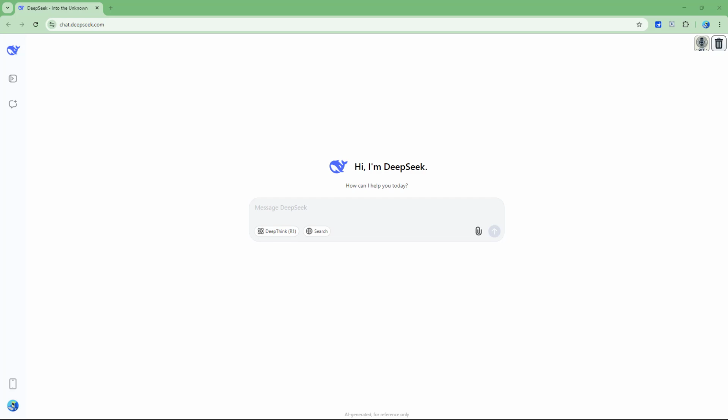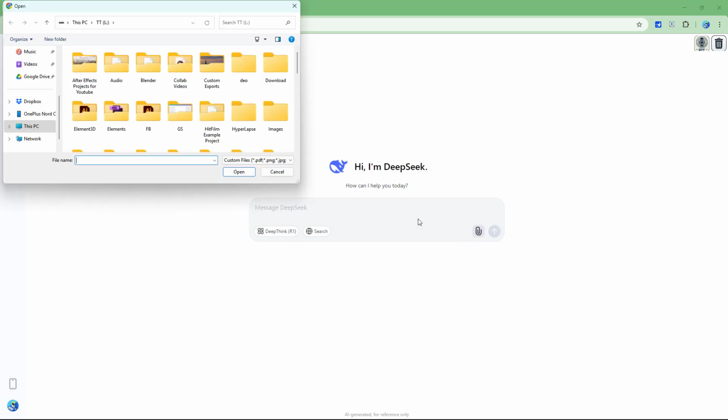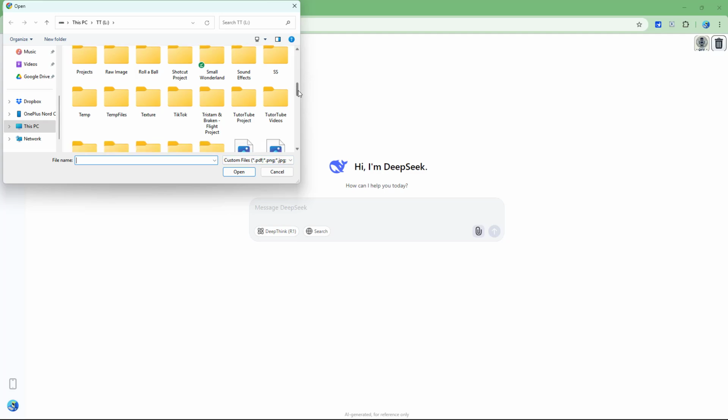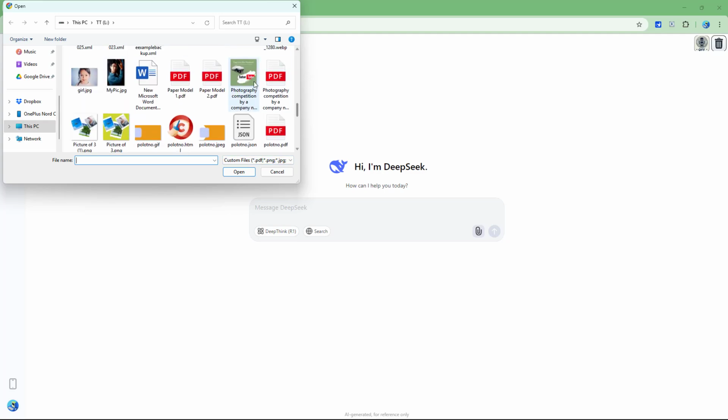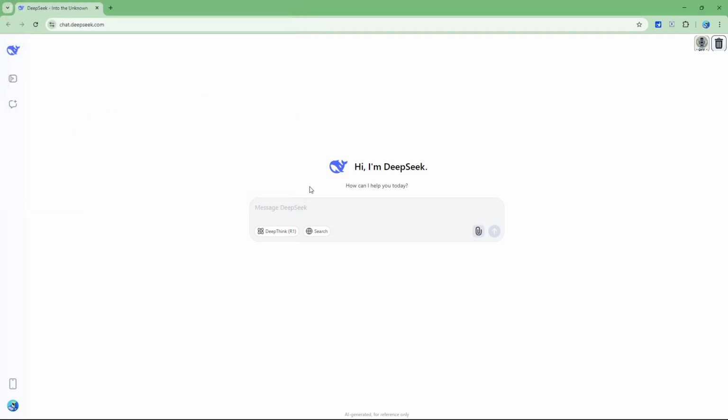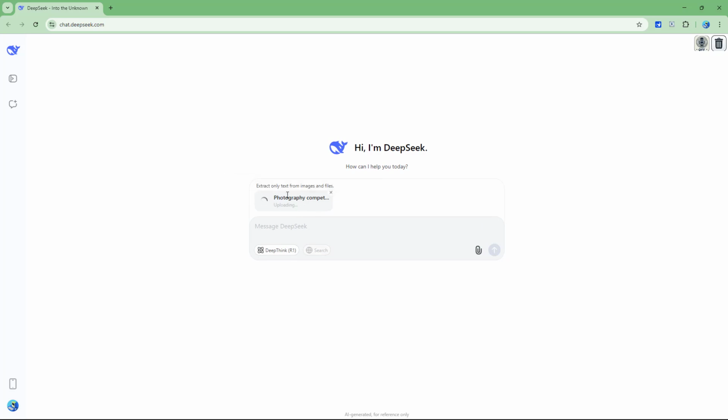So what you can also do is upload images inside of DeepSeek. To do that, if I click on this button right here, I can upload an attachment as an image. Let's say, for example, I upload this particular image right here, then you can see that it says it is allowed to extract text only from the images and